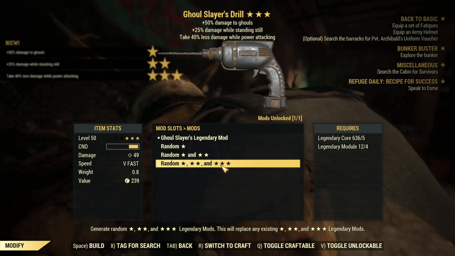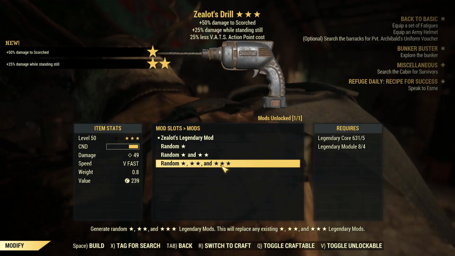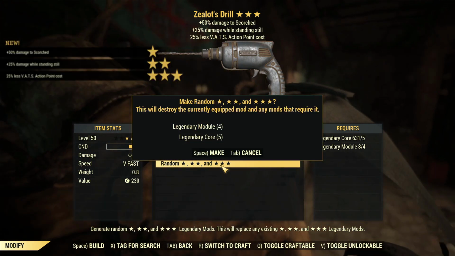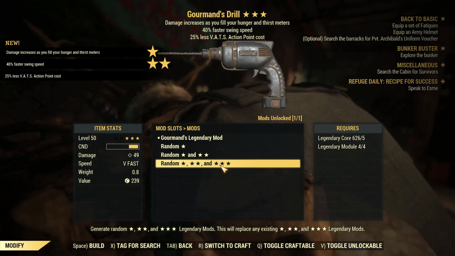Yeah, Ghoul Slayers is pants, so no. Zealot's Drill, damage while standing still, VATS action point cost. I think I can safely say no to that. Gourmand's Drill, faster swing speed, VATS action point cost. Yeah,